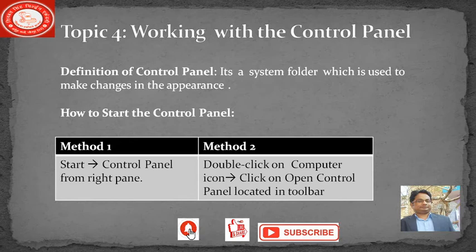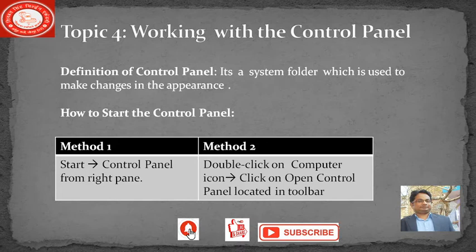To open the control panel, first you click on the start button, then go to the control panel on the right pane. After that the control panel interface will open. There is method number 2 also.